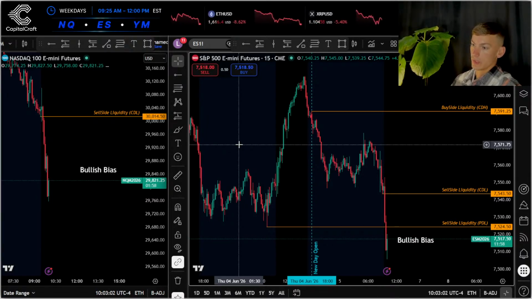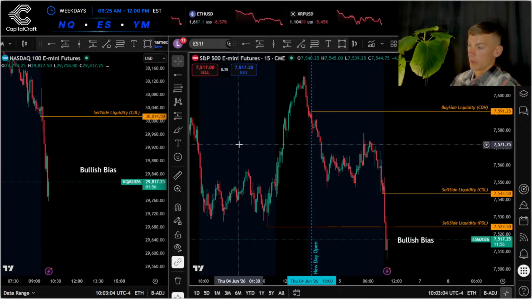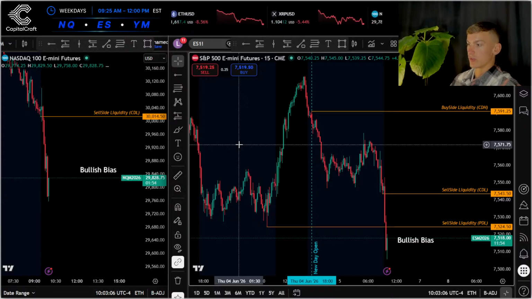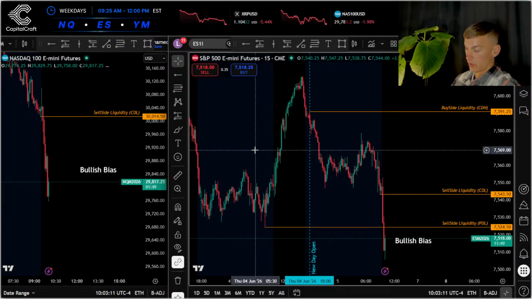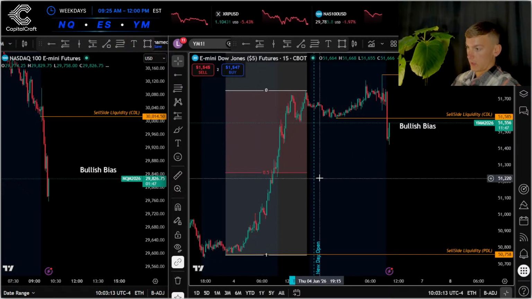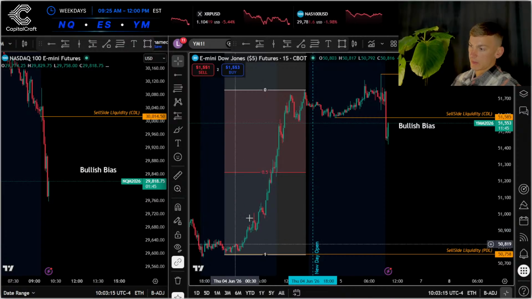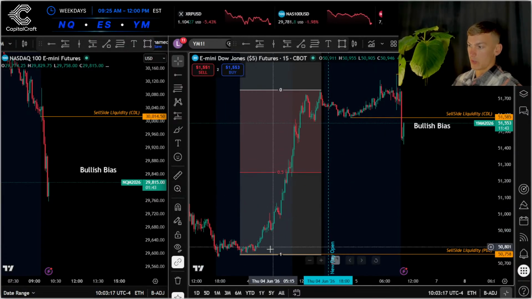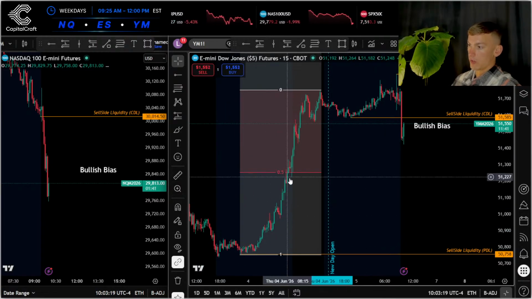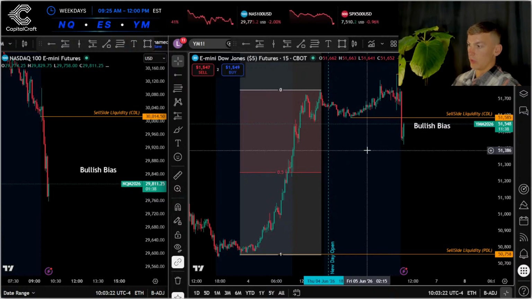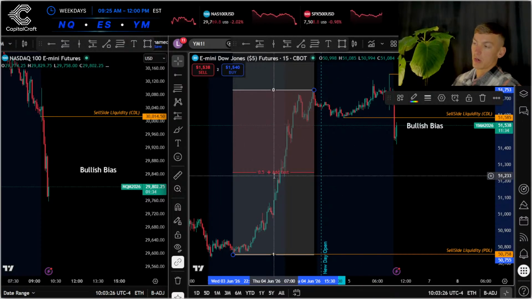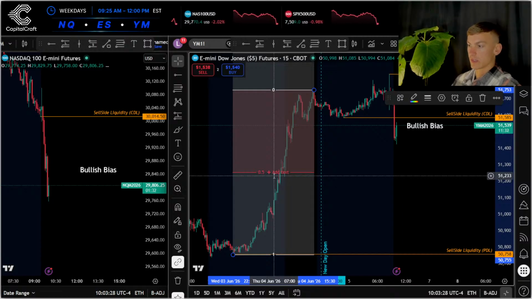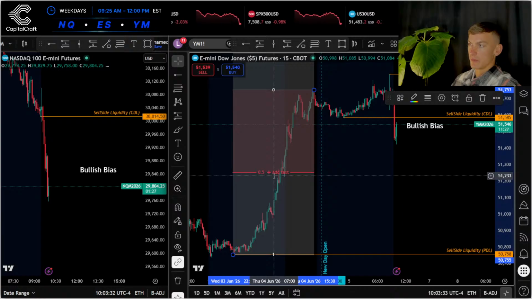Now, it's not going to be a given that we do see that. But if, however, we do, it's a very good indication to me that somewhat of the sell side from yesterday has been swept. We understand that at the specific impulse move, buyers are in control. So below each specific swing point, we will have some form of sell side liquidity. And we understand that the market is always going to try and contradict itself by essentially